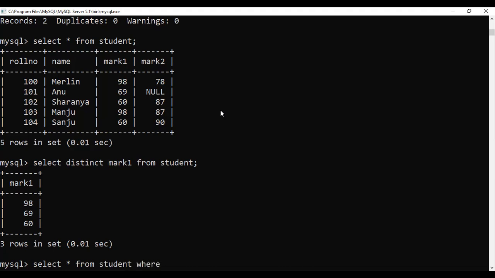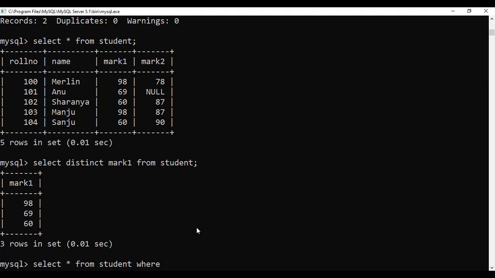After this we will be giving a condition where you have to use the condition. Condition means it can use a mathematical operator, you can use the arithmetical operator, you can use the logical operator. Mathematical operator means you can do plus, minus, all those arithmetical operations here in SQL query also. And a relational operation means comparison, like less than, greater than, equal, not equal to, all that can be applied in the where clause. And logical operators are like or, not, and. We will discuss one by one.